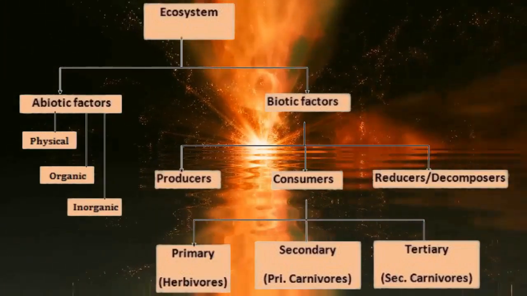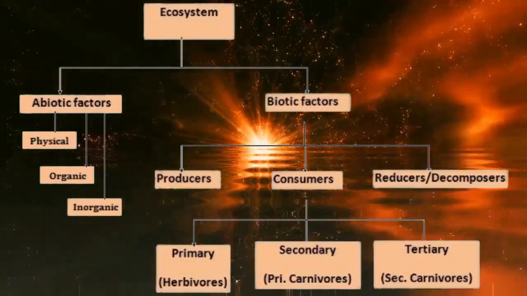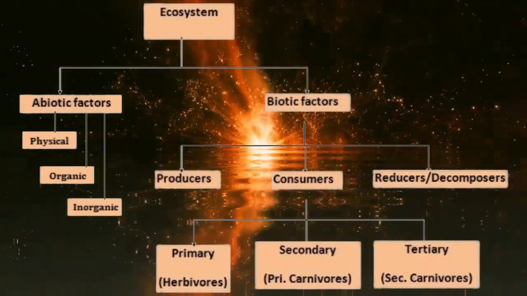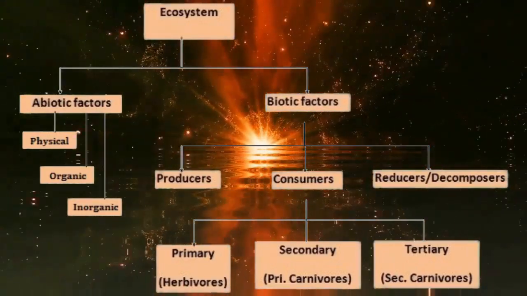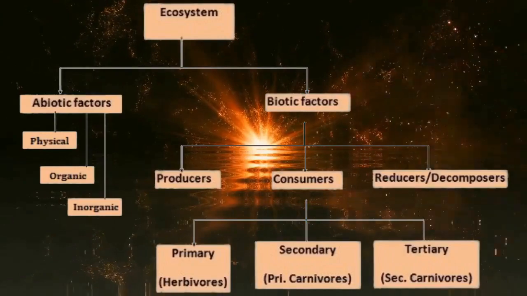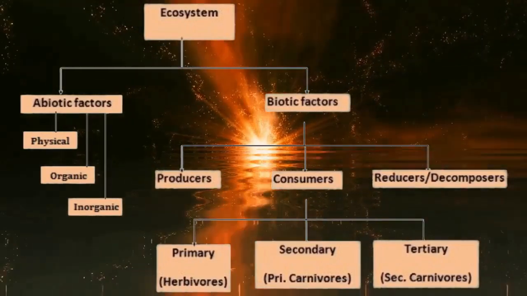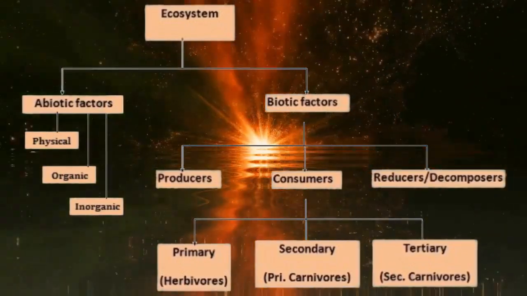Now this grasshopper is eaten by a frog, so the frog will be the secondary consumer. Then this frog will be eaten by a snake, so the snake will be the tertiary consumer, right? Okay, so this is the primary, secondary and tertiary consumer. There is nothing but the food chain. And after this we have decomposers. Decomposers are basically different types of bacteria and fungi which feed on the dead and decaying